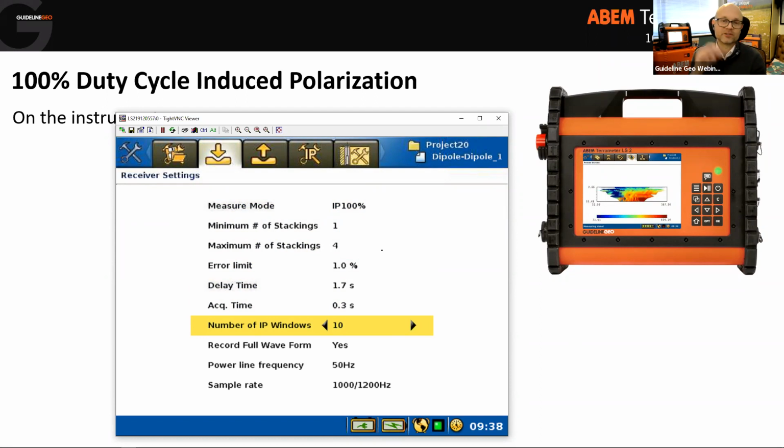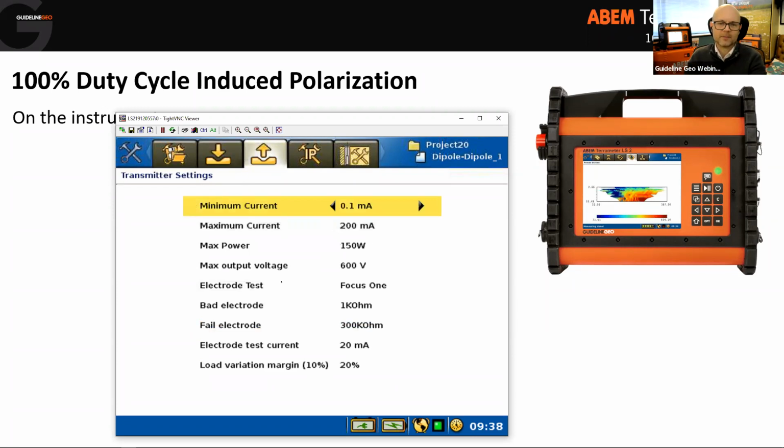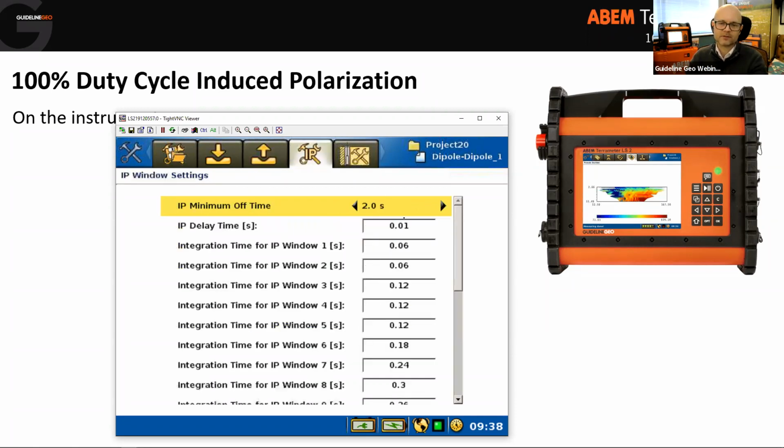When we're measuring IP, we don't just measure a single value instantaneously. We're measuring that curve over a series of time windows, basically integrating the voltage under the curve. That allows us to measure much more precisely these very small changes that are associated with the IP effect. If I go along, it's also set up some good starting settings for the transmitter, and also the individual time windows that it's going to split this curve into to record the effect on. So it's dead simple. It's exactly the same as you would set up a regular IP measurement. And if you don't want to use your own settings, there are plenty of options in there to load in. Then we could jump from there to our measurement screen,